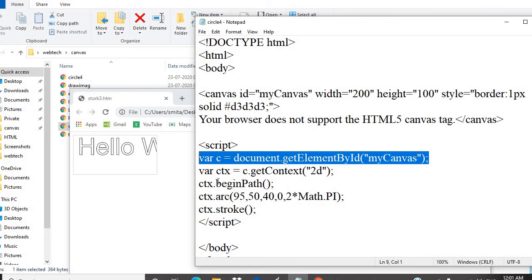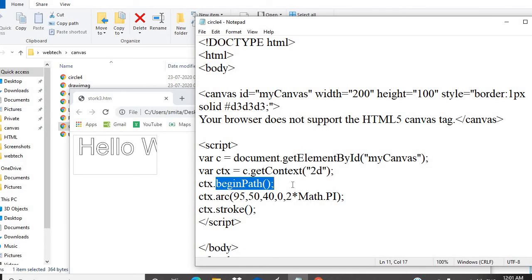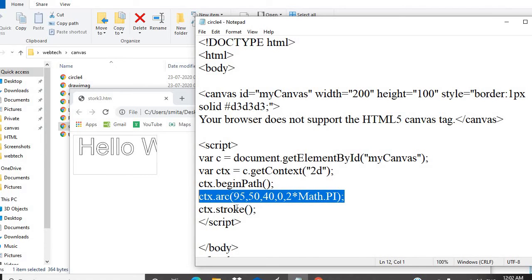Now over here we want to begin the path of the circle. Math.PI is used for it, and through it we are calling the arc, which is nothing but the circle, an entire circle, with the x and y coordinates we want to join. That's why we are calling this function over here, and we want to create the stroke-wise output.